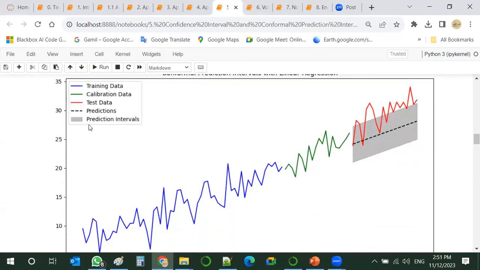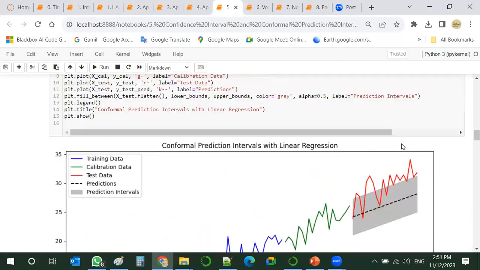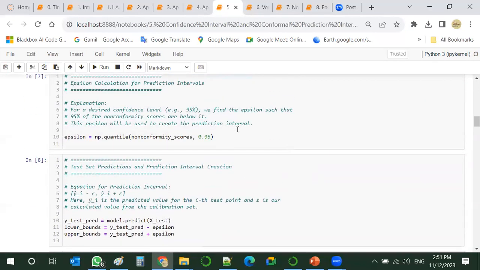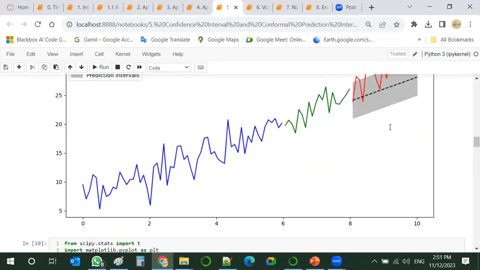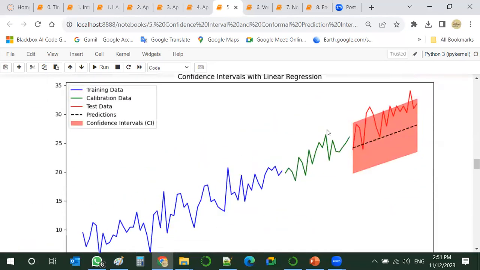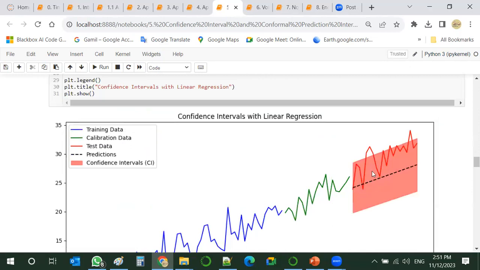I will just comment on this. So this is a prediction interval of 95% confidence level set beforehand of the forecasting, and this one is the confidence interval that is calculated after the forecasting.